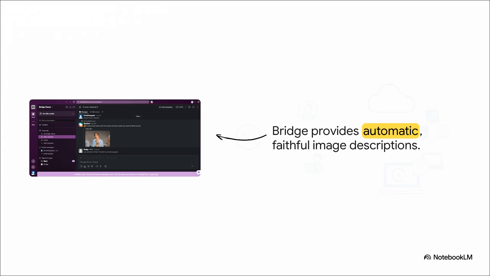Well, here is the first real wow moment from the demo. Bridge jumps in and solves this instantly. Whenever an image is dropped into a channel, Bridge automatically adds a threaded reply with a totally faithful description of that image. Whether it's transcribing an error message line by line or explaining the specific values on a bar chart, Bridge just handles it. That means no one in the channel ever has to remember to write alt text again. The AI just steps in and provides everything a sighted teammate would see.